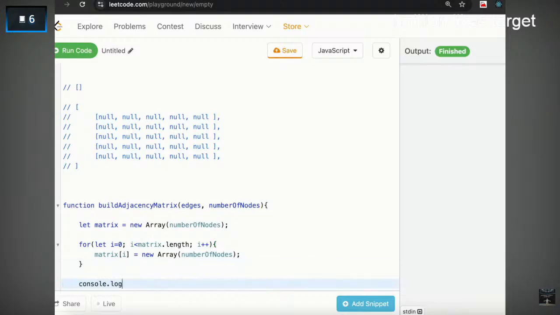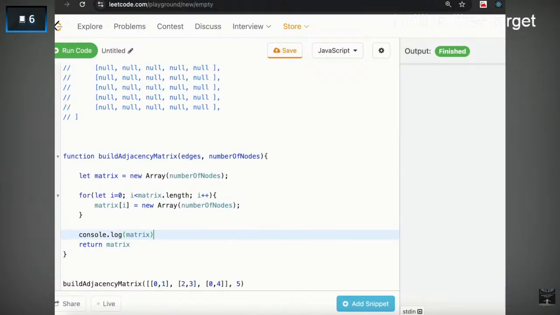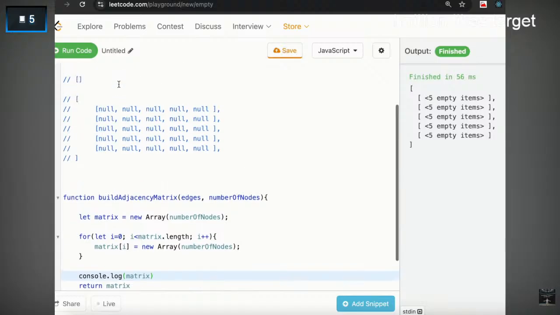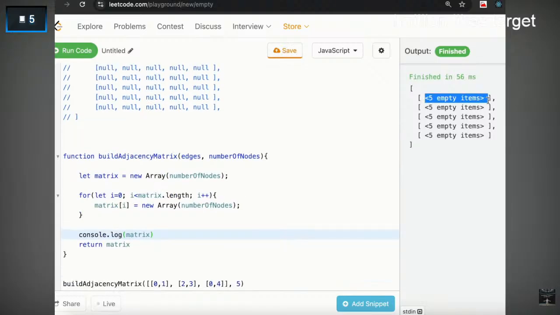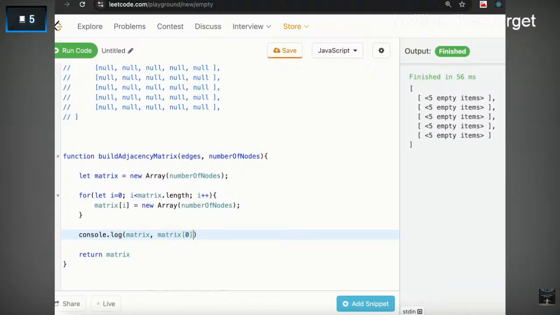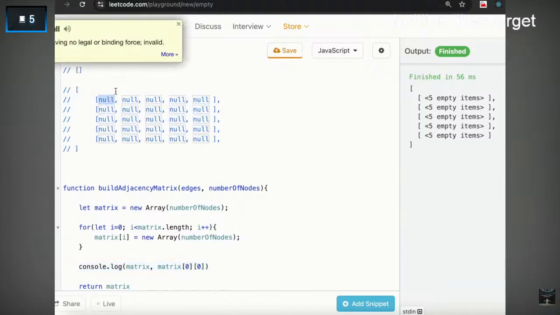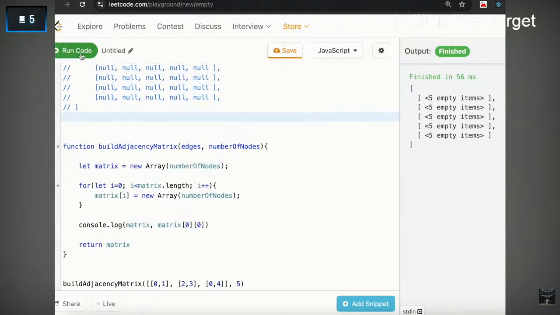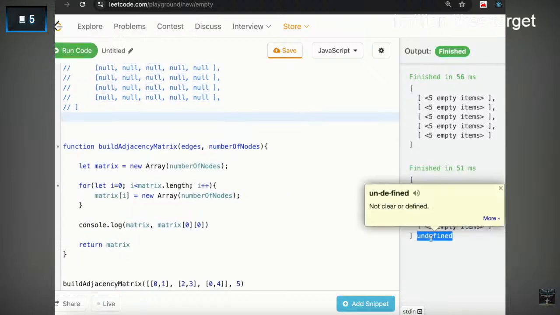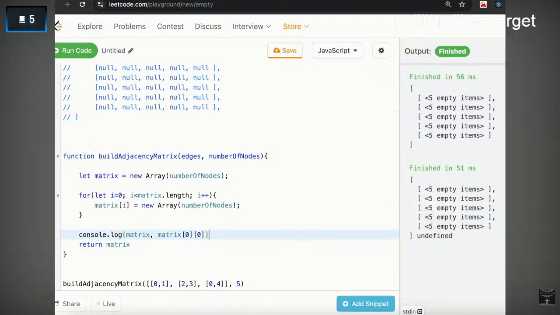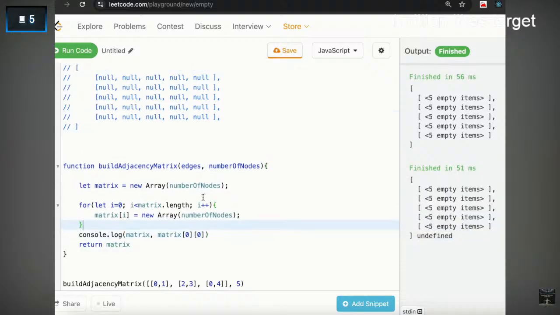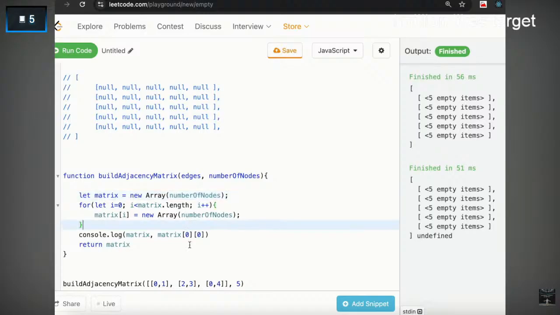और हम इसे print भी कर लेंगे, राइट, console.log(matrix), simple, राइट, let's run it। तो अगर आप देखोगे तो बिल्कुल वही चीज़ तैयार हो गई है, वैसा कि मैंने बोला null values नहीं रहेंगे, initially 5 empty items हैं, सारे में अभी कुछ भी नहीं है। और अगर आप इसको access भी करोगे, let's see it, कि अगर मैं इसका first element access करूंगा तो it will access this element, राइट। तो let's run it। जैसा कि देख रहे हो undefined print होती है, null नहीं print होती है। तो by default JS undefined assign कर देता है उन memory spaces में जिसमें आपने कुछ भी नहीं भरा हो, ठीक है।